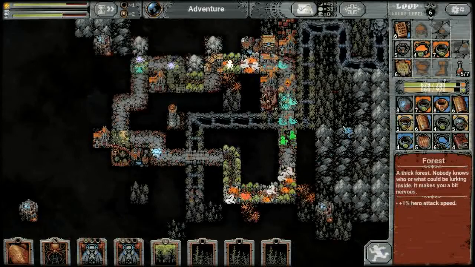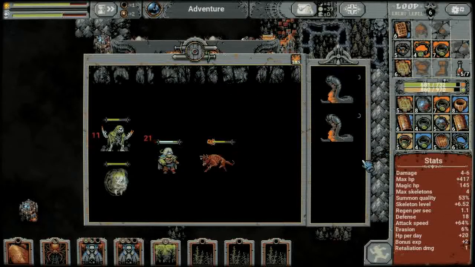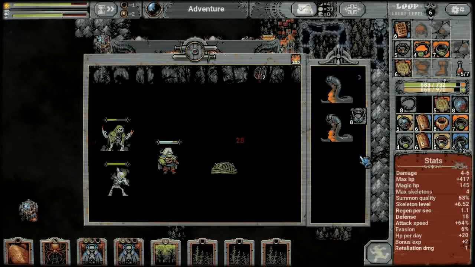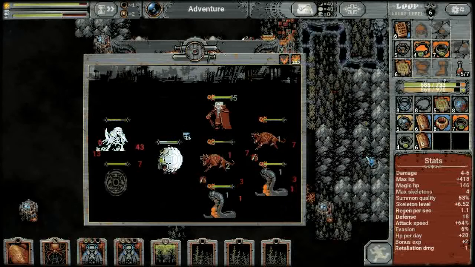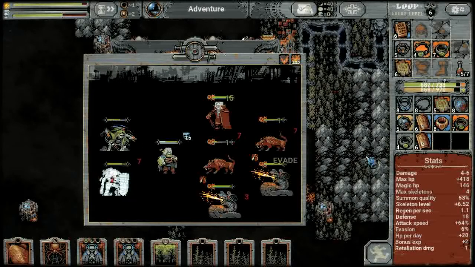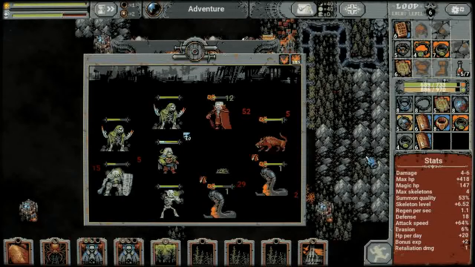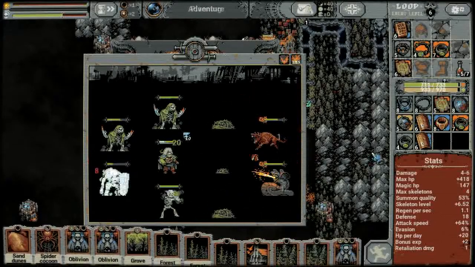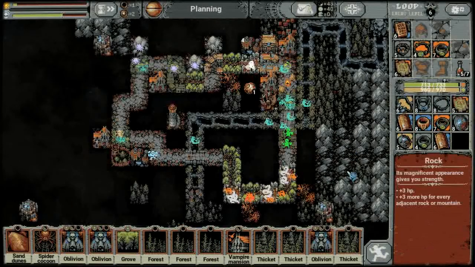Normal shield, we don't care about that. That shield is worse than the one we currently have. We don't care about that one either then. We gain back some more defense to help us in this battle. We picked up another vampire mansion. We got a bunch of cards. Uh-oh, we're gonna lose our spider cocoon. Okay, so